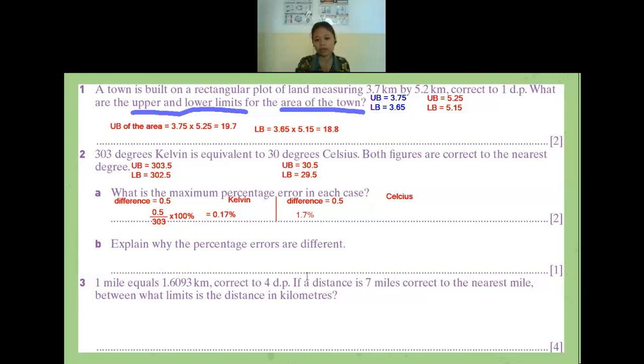Is there anyone who still has a question? If no one has a question, I will move to question 2b. For question 2b, explain why the percentage errors are different. Why is it different? If you have no question, I don't think you will have difficulty answering why it is different, because